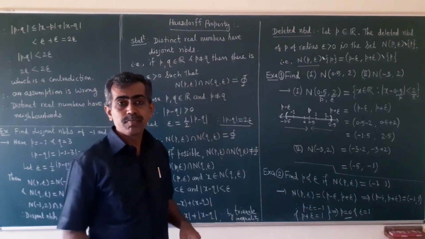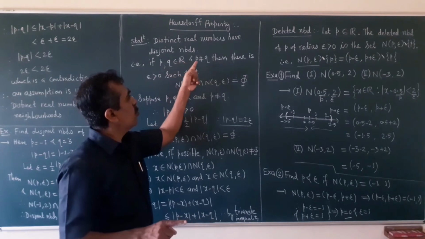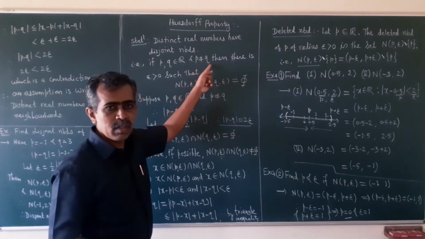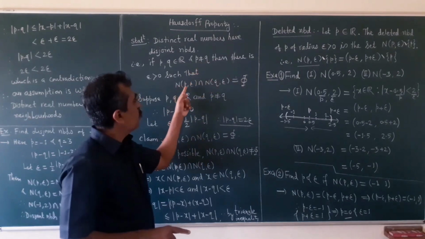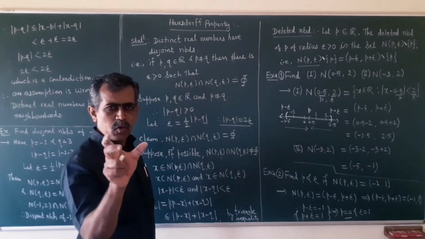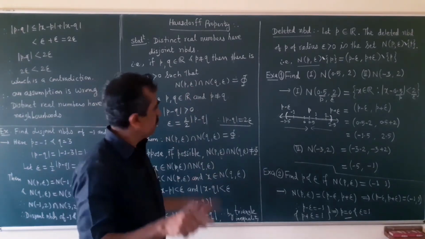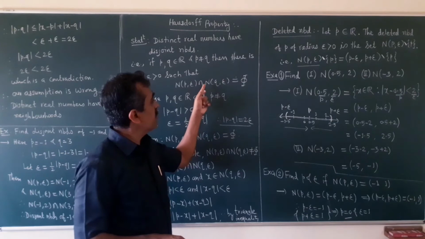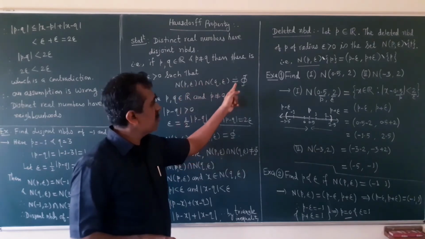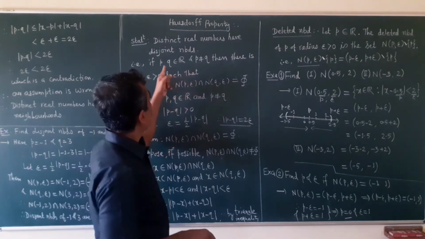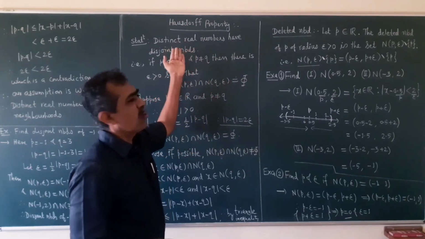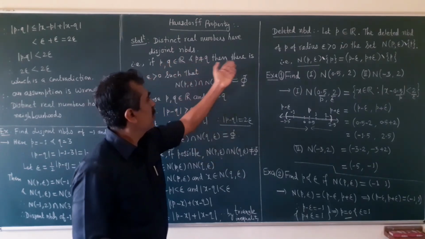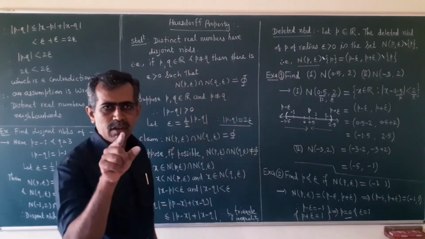Disjoint neighborhoods. Okay, so that is, if P and Q are any two real numbers, and if they are distinct, if they are different from one another, then you may find a neighborhood of P and a neighborhood of Q of some suitable radius epsilon, such that they have nothing in common. Nothing in common means their intersection is the empty set. Okay. This is a theoretical statement and this is the mathematical statement in symbolic form. So if P and Q are distinct real numbers, then there is a radius epsilon.